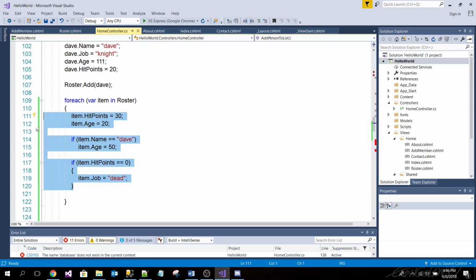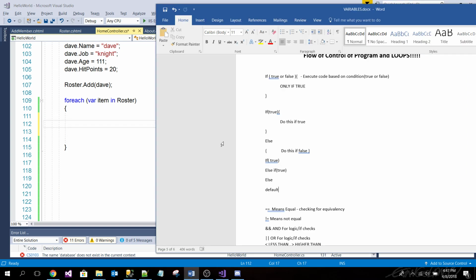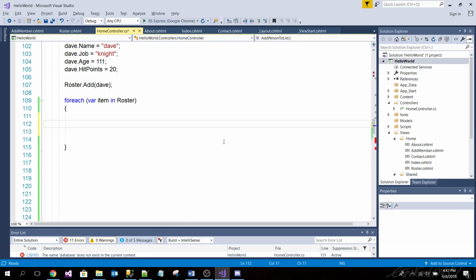Wait 1 second, Maggie. Okay, so let's rewrite this using this new logic. So if else or else if statements. Let's keep one simple.